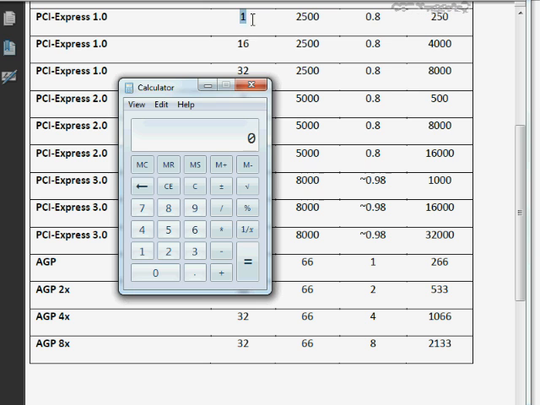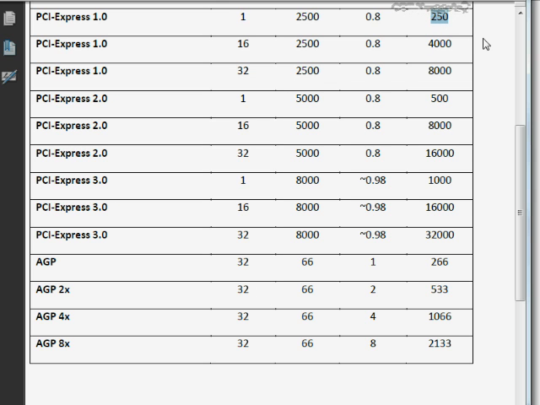Before we were kind of dividing by 8. How do you divide 1 by 8? Well, you still do that, actually. So what you would do is take 1 divided by 8 equals 0.125. And then you would multiply it by the megahertz, so that would be 2,500 times 0.8 clock cycles, so that would be times 0.8 equals 250, and there we can see is the exact result of what I just calculated, 250.